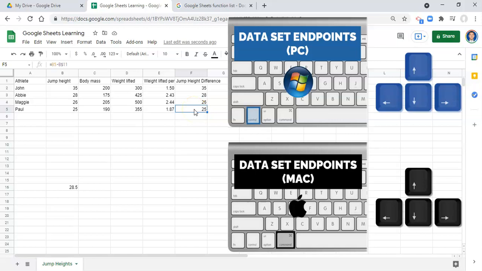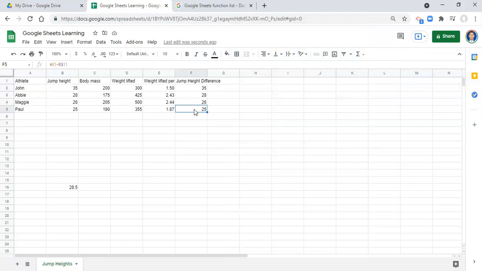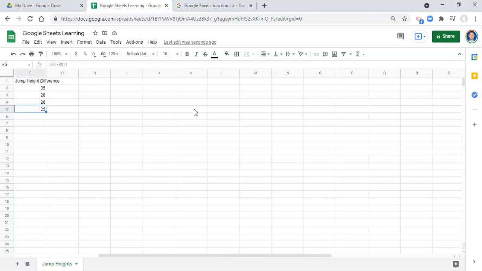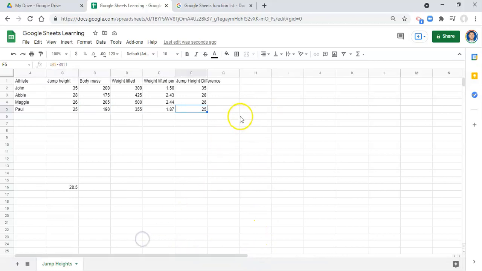And we can do the same thing by holding down the Control key or Command key and clicking the left arrow and the up arrow. We can go around like a box. And if we decide to go outside of this data set, let's say we hold down the Control key and click the right arrow again, we're going to go all the way to the end of the sheet. And the way that we can get back from that is we can hold down the Control key or the Command key and click the left arrow, which will bring us to the closest piece of data that we have. So, for example, if we add in the number 100 in this row,